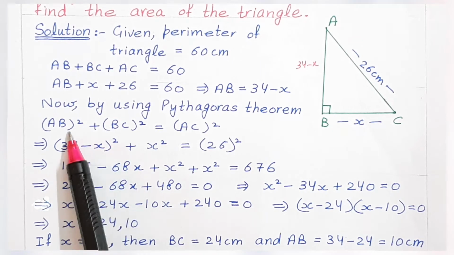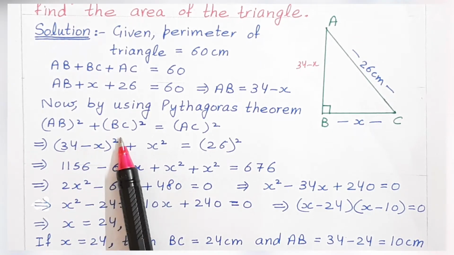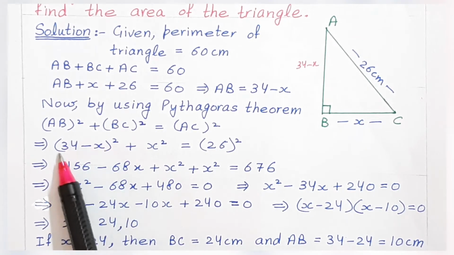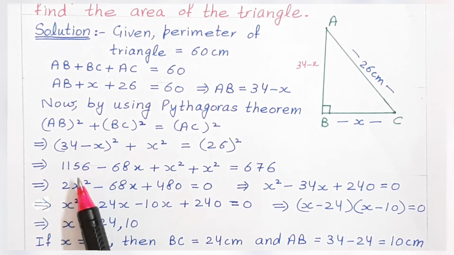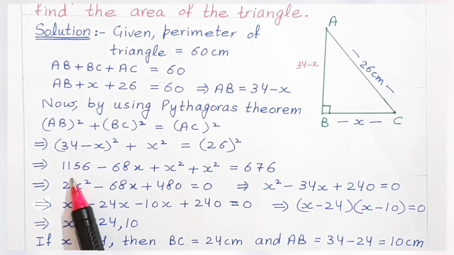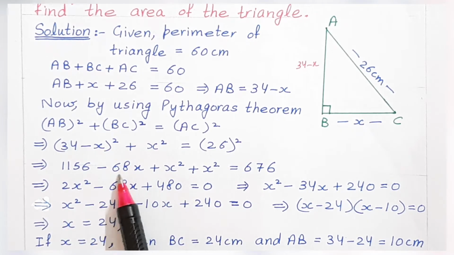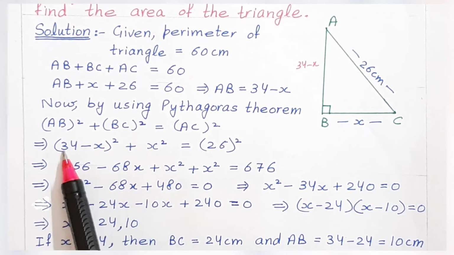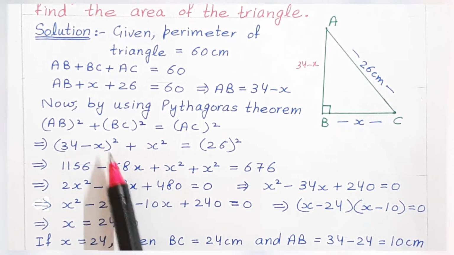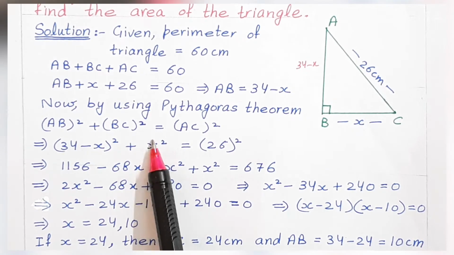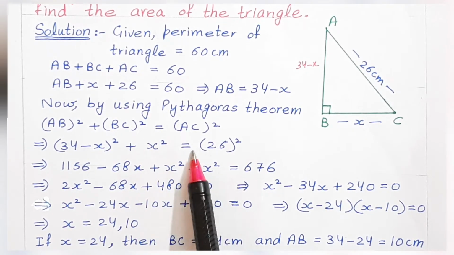See, there are two terms, 34 minus x whole square. So we are going to apply the formula (a minus b) whole square. That is a square, 34 square, then minus 2ab, that is 34 into 2 into x, that is 68x. Then x square. Clear? And this another x square,